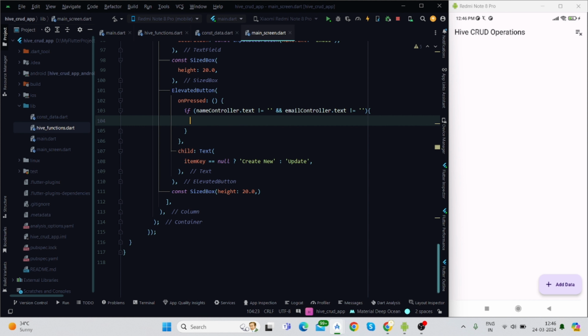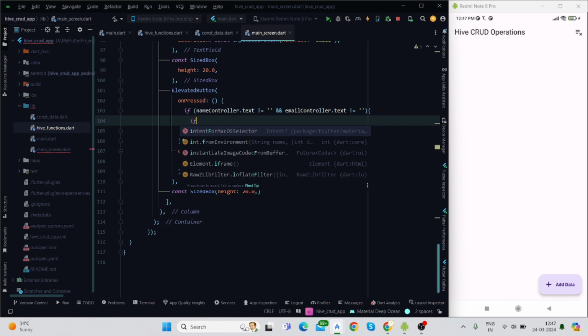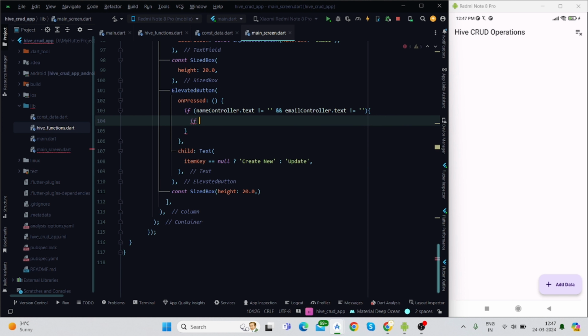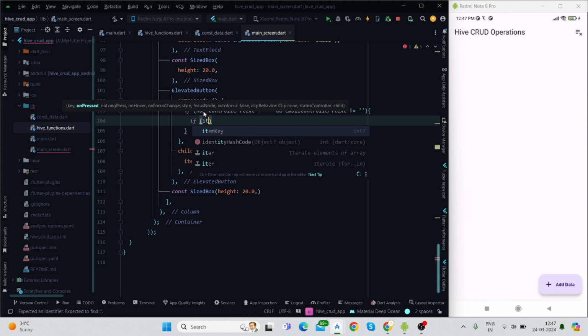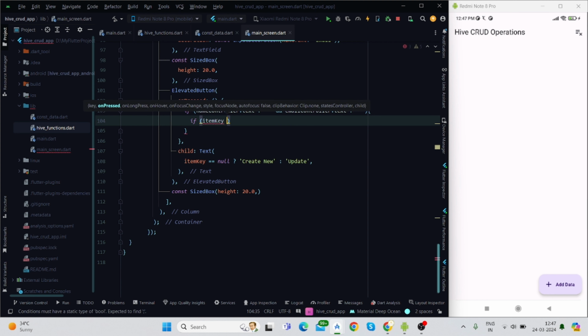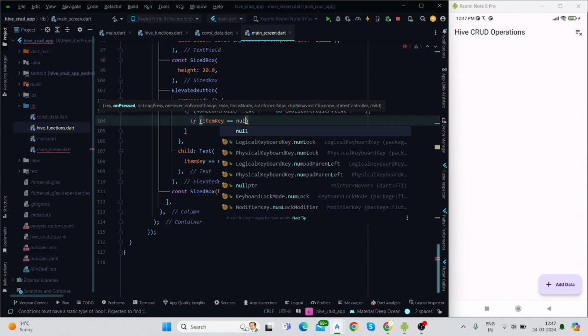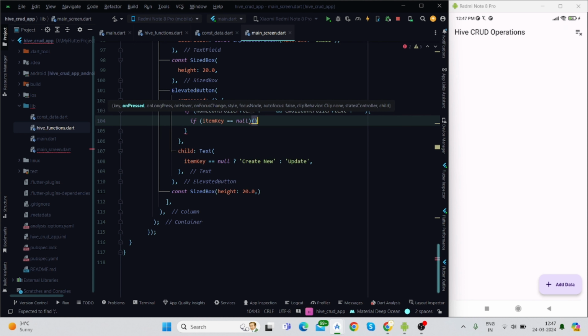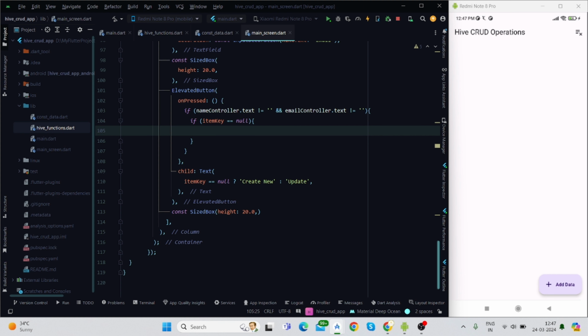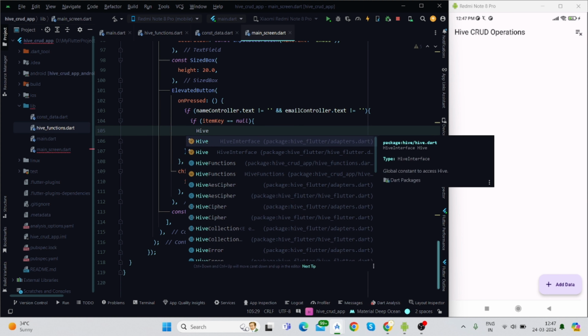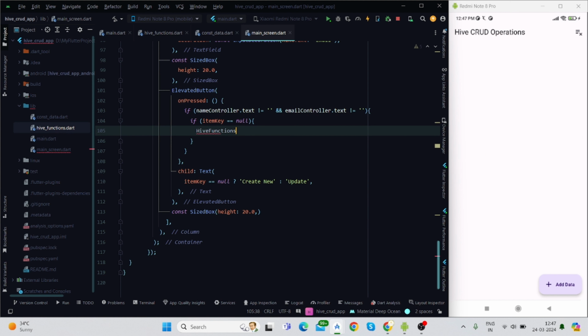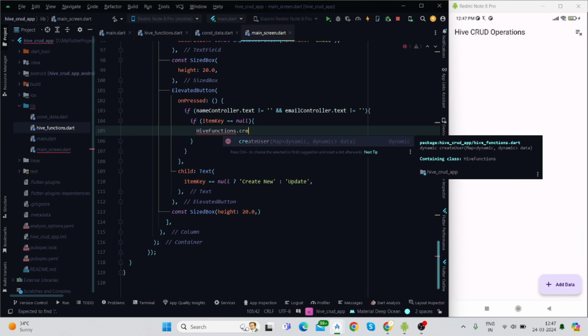So if they are not empty, it means we will be saving or updating the data. Inside this, again we will check that item key. So we will apply a condition once again. If item key is equal to null, it means we are adding a new user. So here we will call Hive functions dot create user,